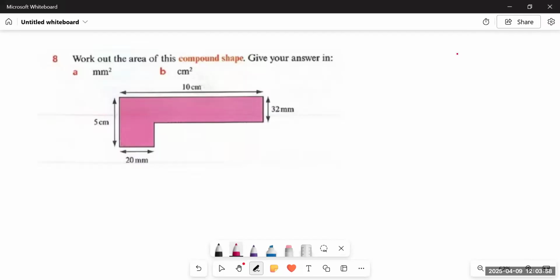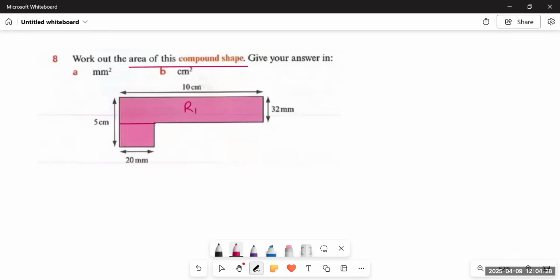In this video, we are provided with a compound shape, or you can say a composite shape, having two different shapes combined together. These types of shapes are called compound or composite figures. So in these types of shapes where we have to find the area, it's very simple. What we have to do at first is simply cut the shape into two parts. That is, if I draw a line like this, my shape will turn into two different rectangles.